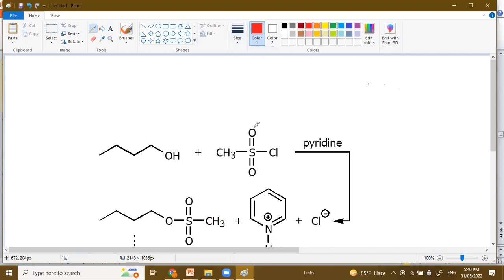Here you have your oxygen, which is partially negative, and this is your sulfur, which is partially positive. And your oxygen has a lone pair, remember? So it will attack your